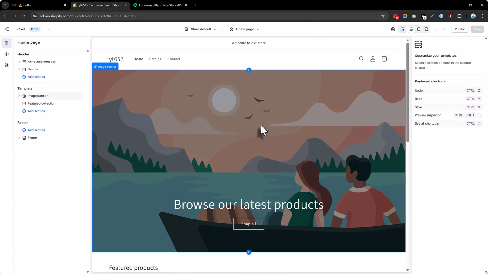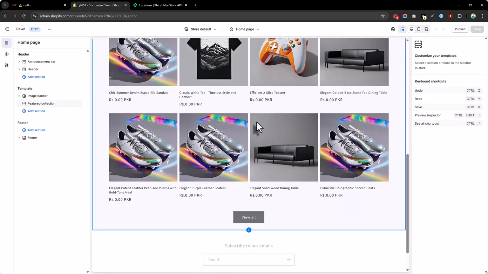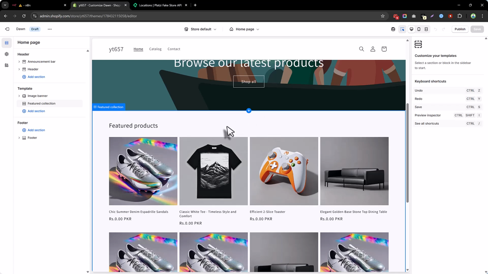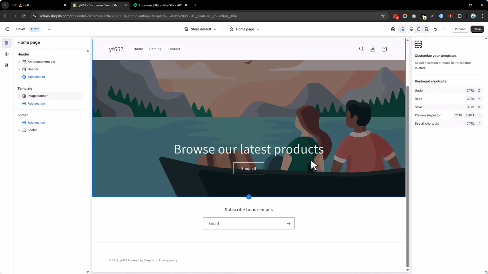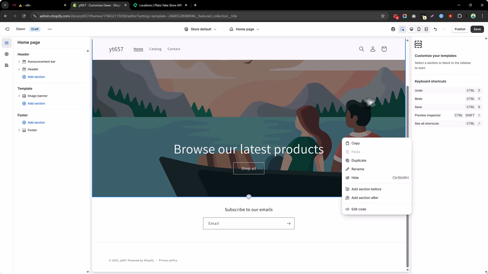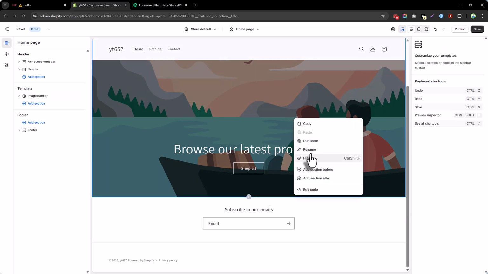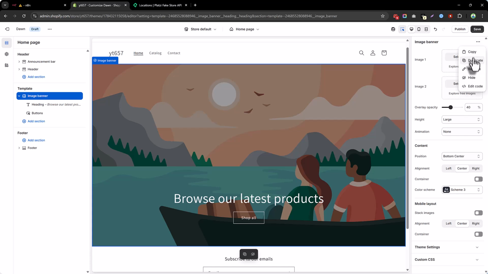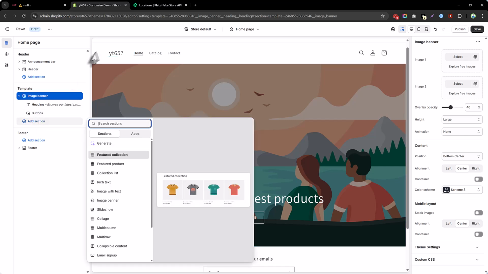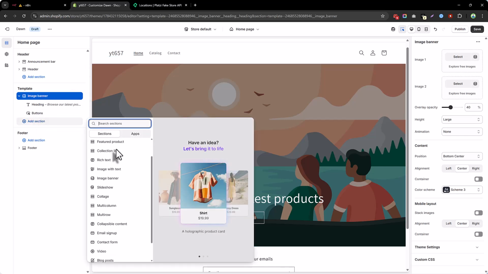Okay, first, what we need. Okay, the collection was added. What we need is to delete this. Remove, and also we need to remove. Okay, it is not removing, we need to change it. Okay, what we need, the first thing we need to add,